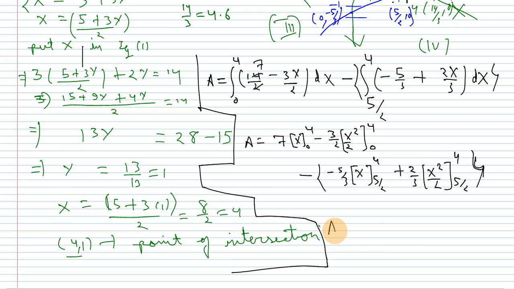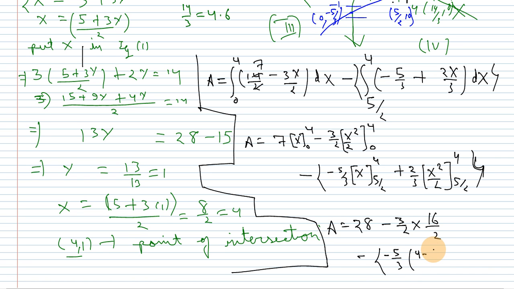Okay, if we do further, then if we put x equals 4 and minus x equals 0, that will become 4, and it will be 28 minus, and if we put x equals 4, that will become 16 by 2 and minus 0. So this will become 3 by 2 into 16 by 2, right? Okay, and we have to minus 5 by 3, and if we put x equals 4 minus 5 by 2, then that will be how much?